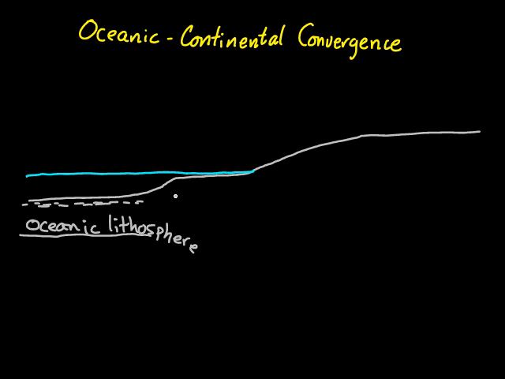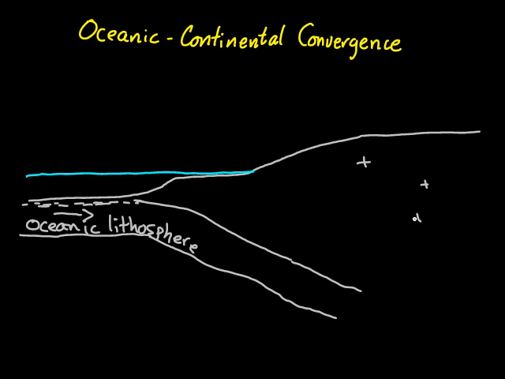The Oceanic Lithosphere is going to move towards the continent at a very slow pace, but as it does, it's going to subside and go underneath, kind of sink down below the continental plate. So this would be the continental plate, and it actually has a lower density than the Oceanic Lithosphere. So you can think of the heavier material sinking down below the lighter material, and as it does, we're deeper